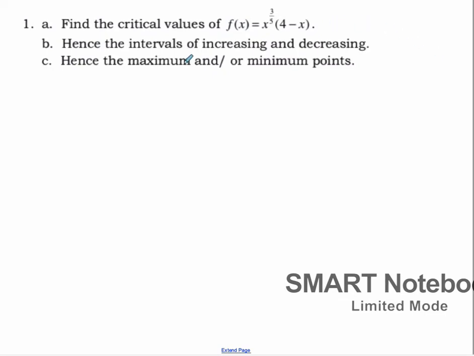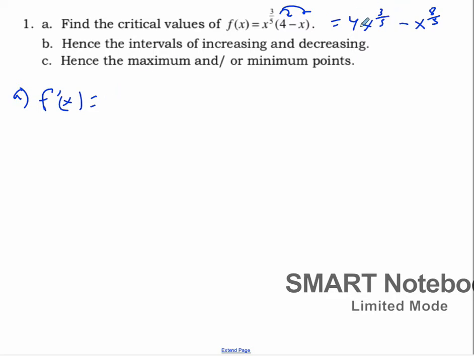Okay, we're going to look at this function, find the critical values, and hence find the intervals of increasing or decreasing. Okay, so to find the critical values, now first of all it's defined for all x, so there's no places where the derivative is going to be undefined. Let's find the derivative. I'm going to multiply this out first. So this is 4 x to the power of 3 over 5 minus x to the power of 8 over 5. If I expand the brackets, so the derivative